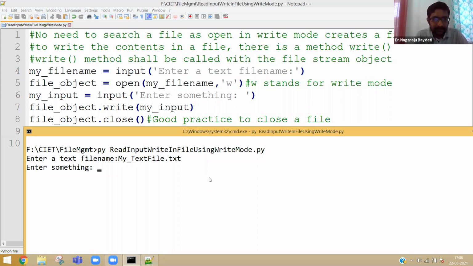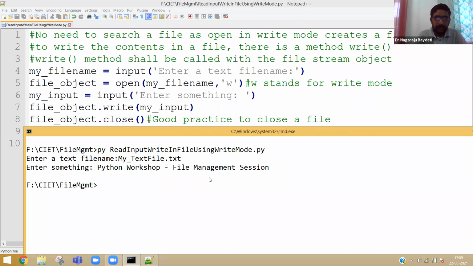Then it is asking enter something. Let me give Python workshop file management top session. This is the input I am giving. Now I am entering. Now you see there is no output.